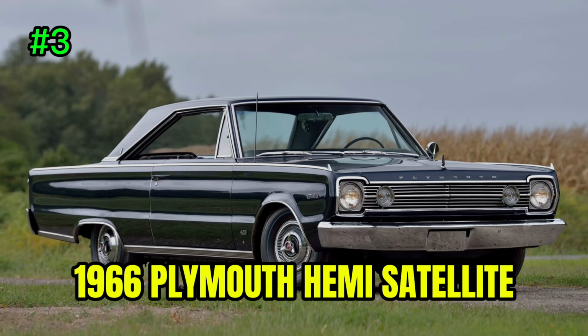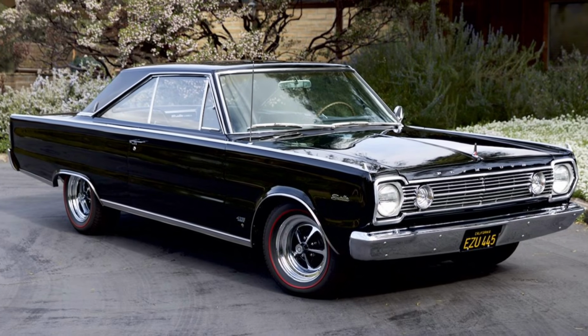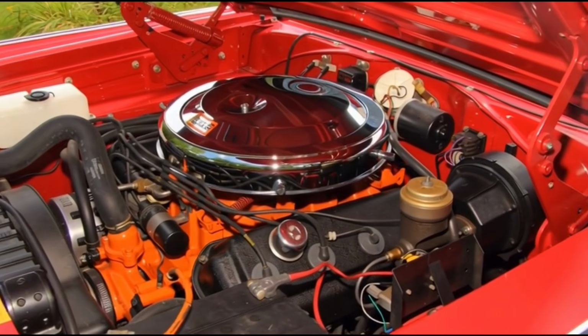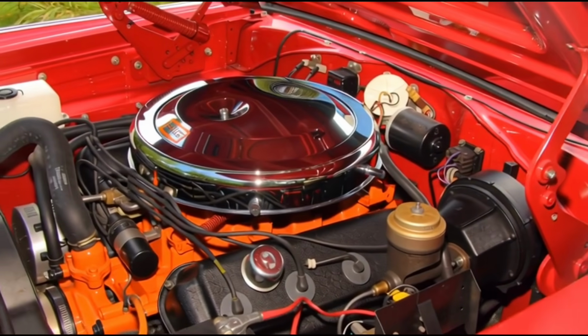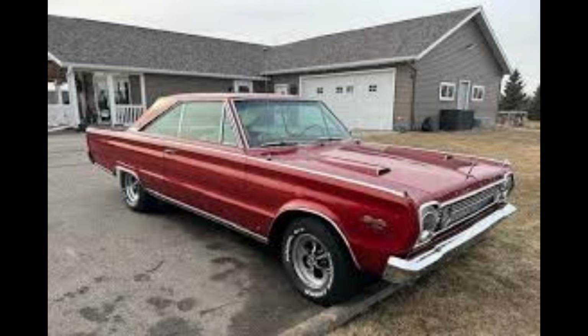Number 3. Introduced as part of Plymouth's mid-size lineup, the Plymouth Satellite became one of the first models to feature the legendary 426 HEMI V8. This powerhouse delivered an impressive 425 horsepower at 5,000 RPM. Known for its hemispherical combustion chambers, the HEMI engine was originally developed for racing before being adapted for street use